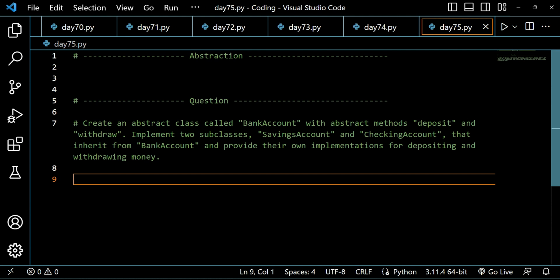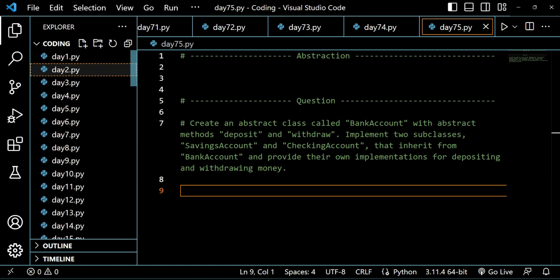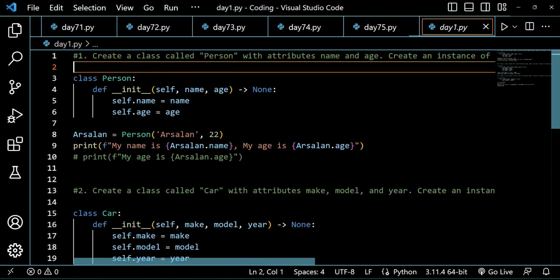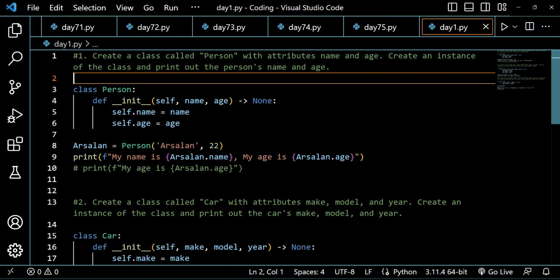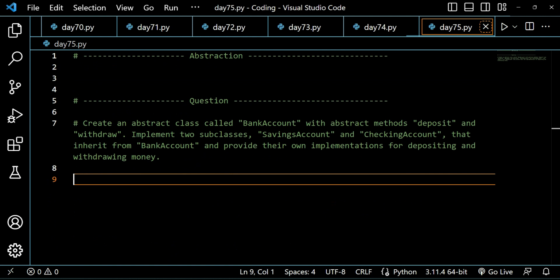Today we are on day 75 of solving object-oriented programming questions with the help of Python. If you are very new to this channel and this playlist, let me give you a very brief introduction of what this playlist is all about. In this playlist, we have been solving questions based on object-oriented programming. We started from a very basic question on day 1, as you can see on the screen, where we only solved a question based on objects and classes, and then we moved the concept and logic of object-oriented programming to the next level, and from day 2, day 3, day 4 we have been just increasing the